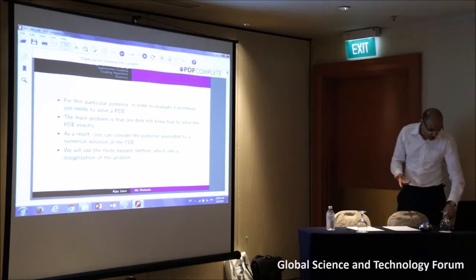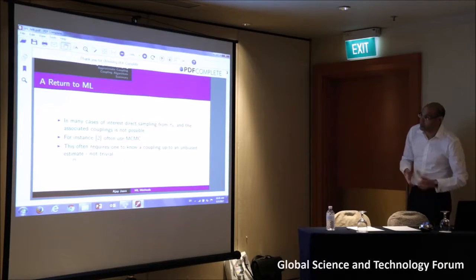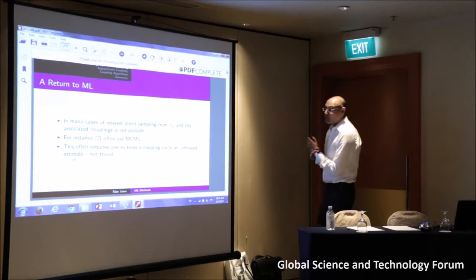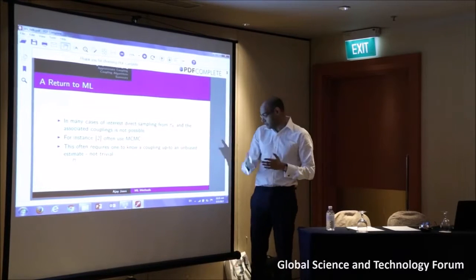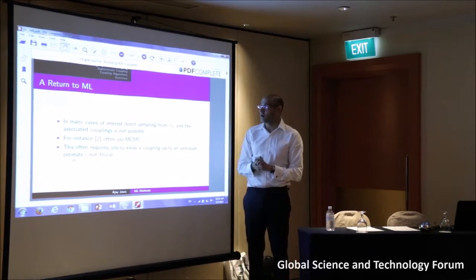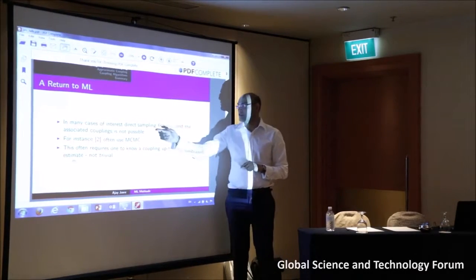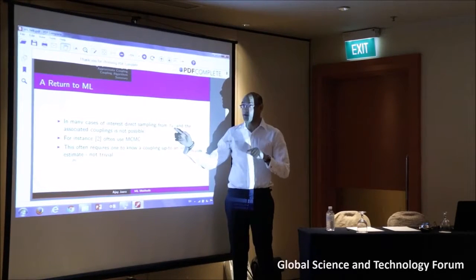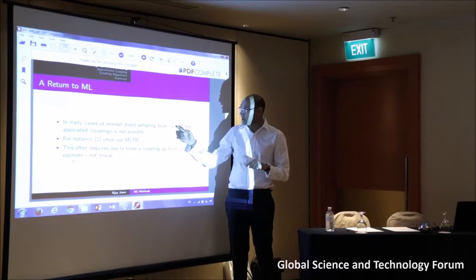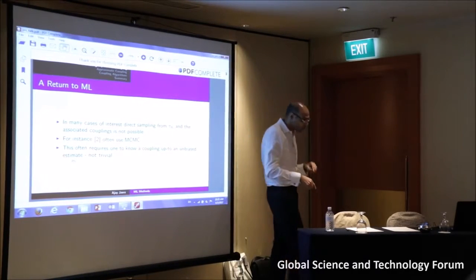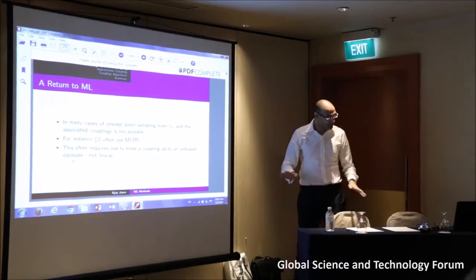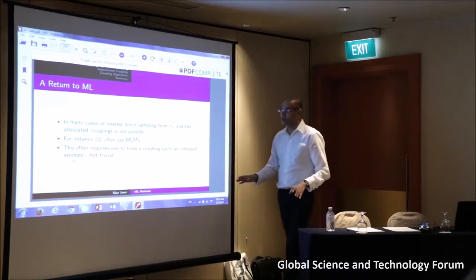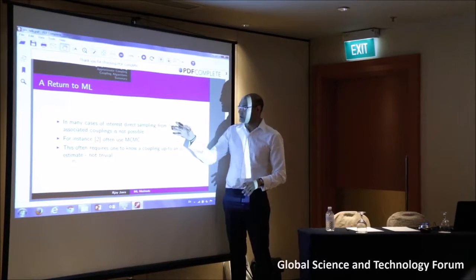And let's say it's a discretization parameter, which is just univariate. But the key point, what is the point here? How does this link back to what I've been talking about so far? Well, in many cases of interest, direct sampling from the posterior associated to the PDE at any given discretization is not possible. So even if I forget about multi-level methods, I forget about this idea, just say, okay,